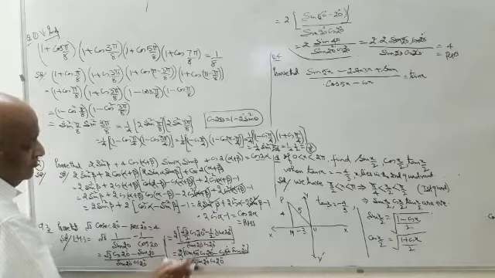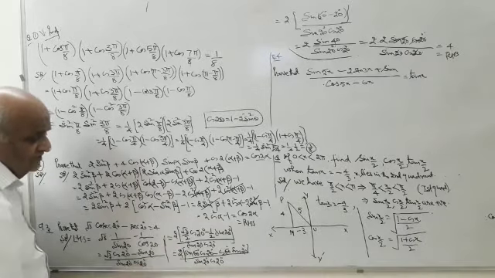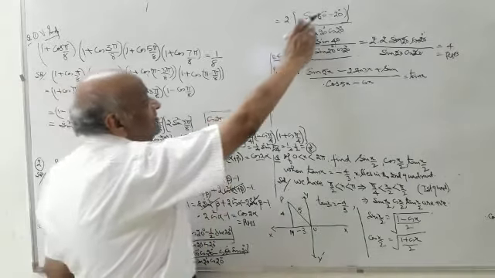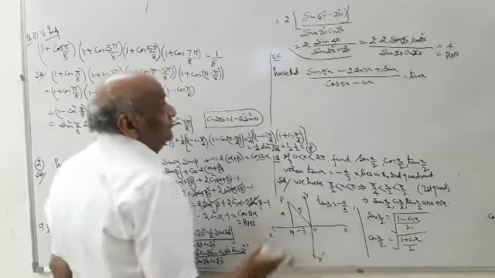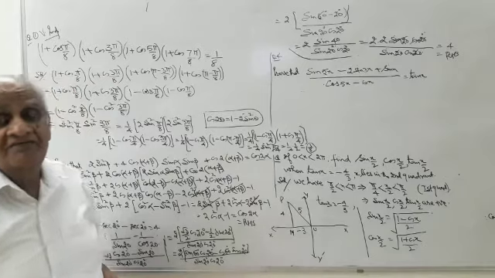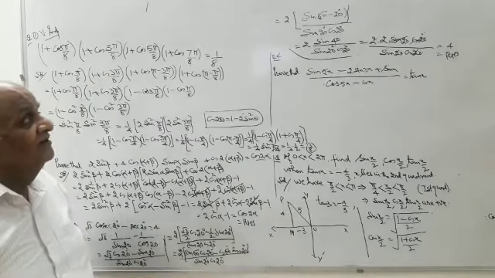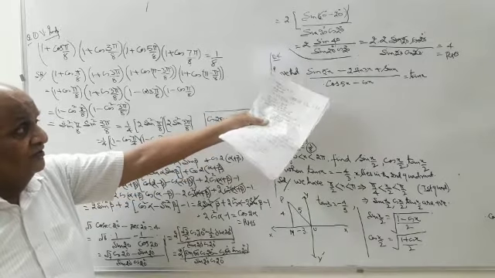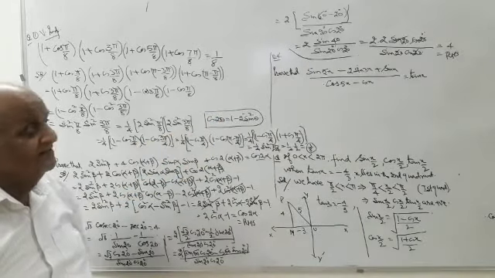Sine 60 cos 20 minus cos 60 sine 20 upon this. It is sine A cos B minus cos A sine B, so sine 60 minus 20, sine 40 is left. That is 2 sine theta cos theta. Sine 20 cos 20 will cancel out. You simply have 4 on the right hand side.